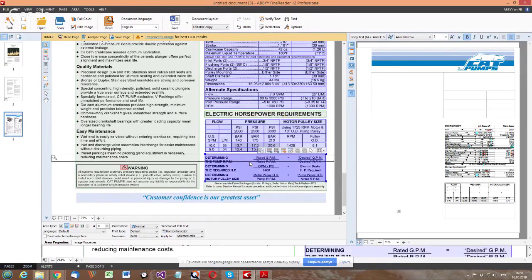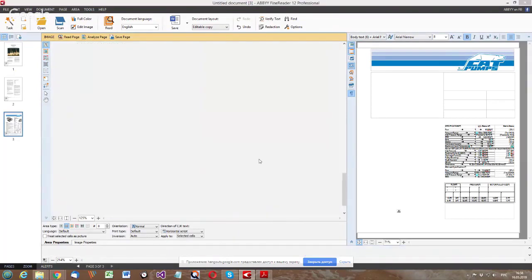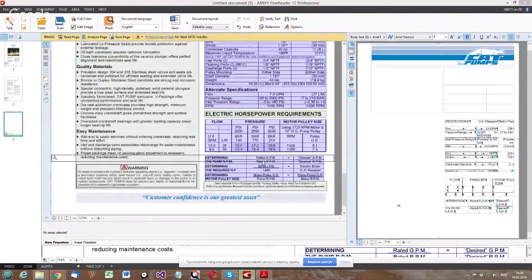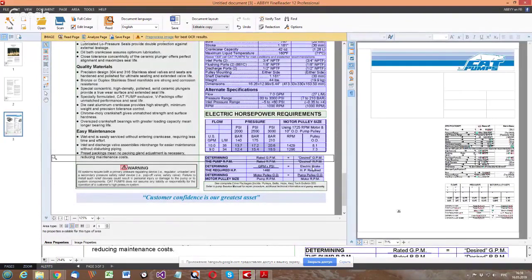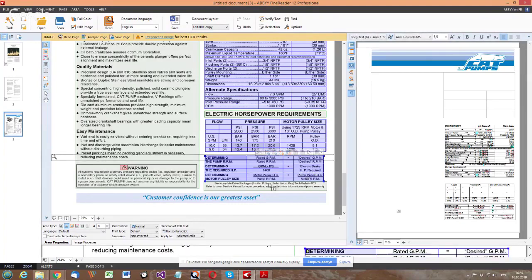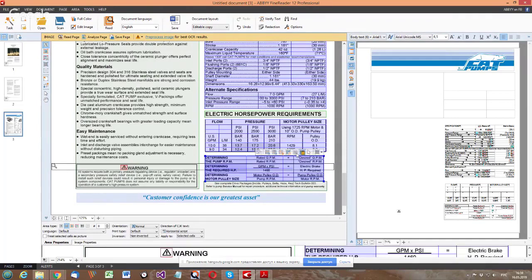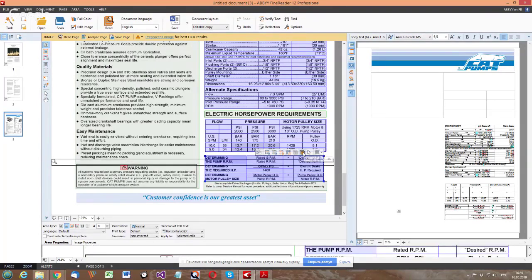And I go to the final table in this area. Also click Read. The table structure is being recognized. And here I can also see a problem of one sentence being split into two cells. Here, electric brake HP required. And in the first column, those are three different sentences.